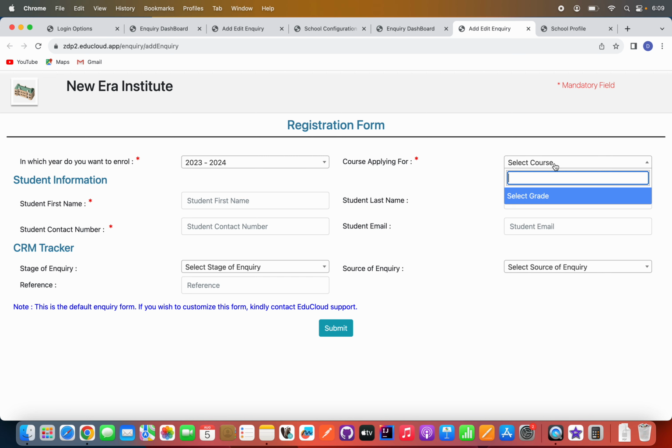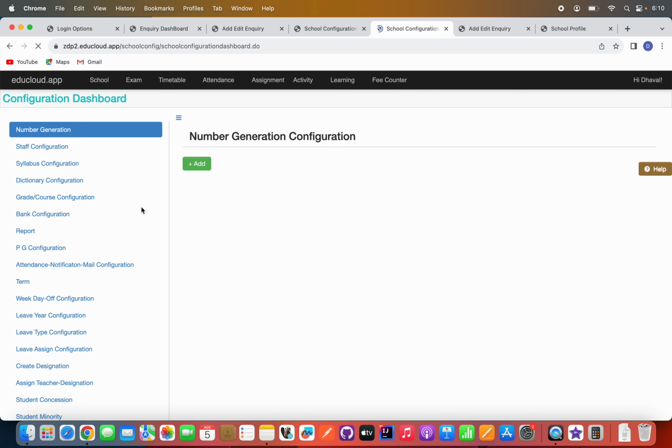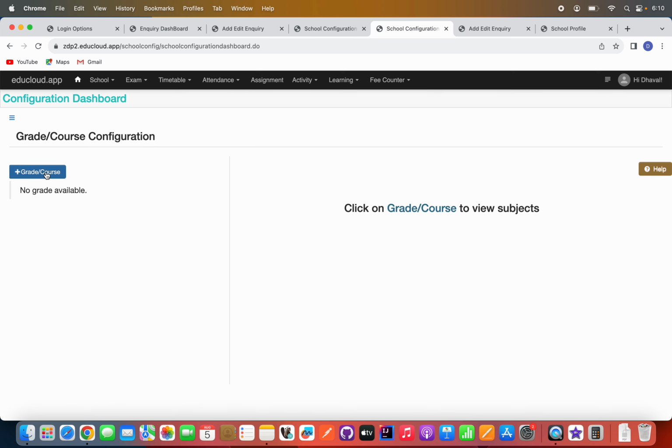Well, this platform is available for all types of courses, like management, engineering, medical, schools, fashion design. So every institute can create the courses or grades for the inquiry as per their requirement. For that, they need to go back to school and school configuration. Here, at the grade and course configuration, you can create courses like BCom, BBA, engineering like BTech computer science, BTech